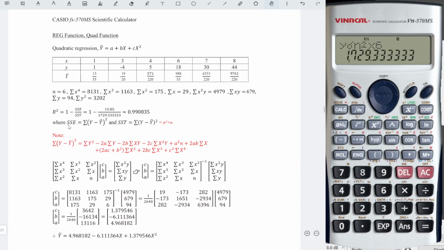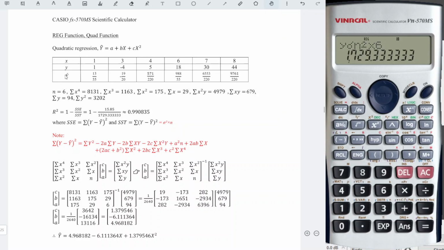Let's say we want to determine SSE. Unfortunately, the calculator does not show this value. To obtain it, we have to first determine the y hat for each x, or we can apply a formula. If we expand the SSE formula, we will realize that SSE can also be determined using this formula, but this formula, as we can see, is quite long. If we press one by one, there is a high chance we might press wrongly, especially as we have a lot of decimal places here. So what we do here, we just take y hat, which is easier compared to using this long formula.